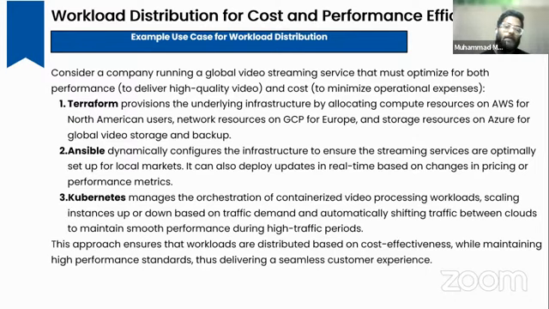Ansible dynamically configures the infrastructure to ensure the streaming services are optimally set up for local markets. It can also deploy updates in real time based on changes in price or performance metrics. Kubernetes manages the orchestration of containerized video processing workloads, scaling instances up or down based on the traffic demand, and automatically shifting traffic between clouds to maintain smooth performance during high traffic periods. This approach ensures that workloads are distributed based on cost effectiveness while maintaining high performance standards, thus delivering a seamless